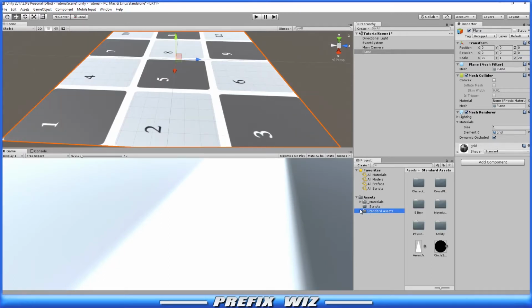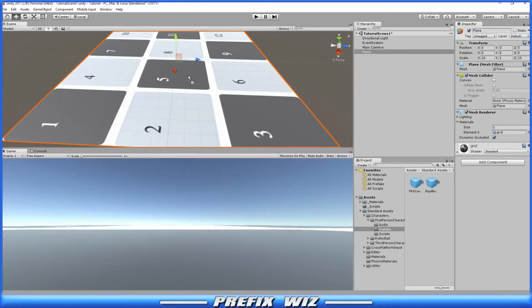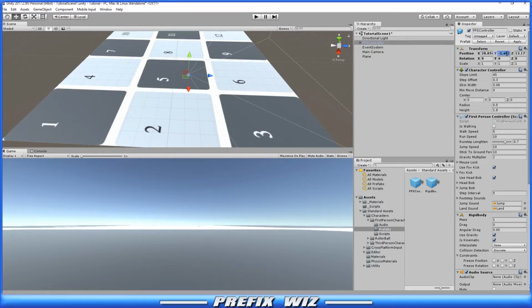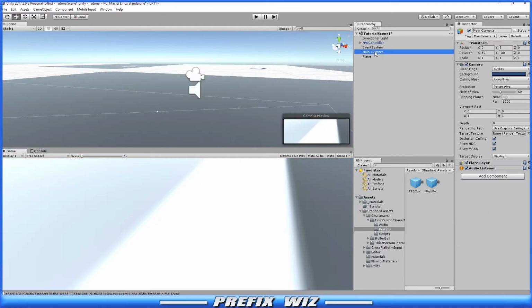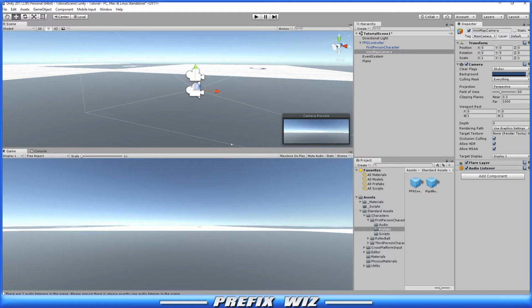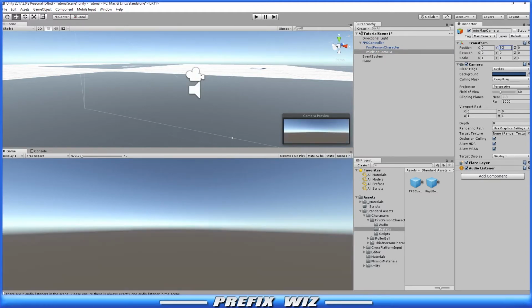Out of standard assets, I want to go ahead and grab a first-person controller. And let's raise its Y to 1. To create our simple mini-map, what we're going to do is use the camera. And to do this, what we're going to do is rename the main camera that's already in the scene to Mini-Map Camera. Parent it to the FPS controller, reset its position and rotation, bring the Y position up to 50,